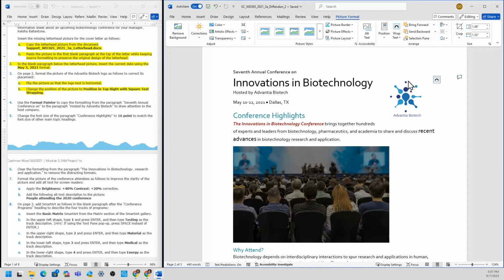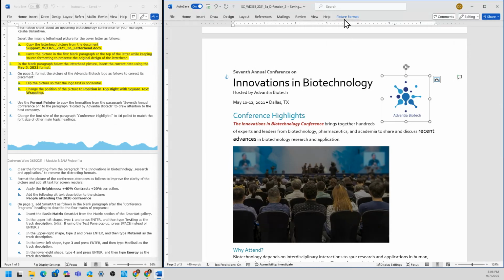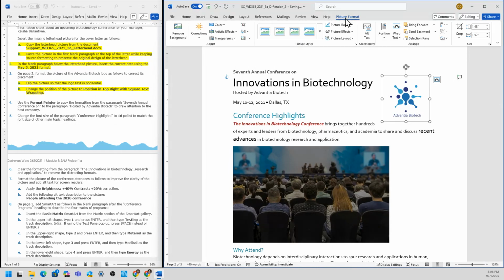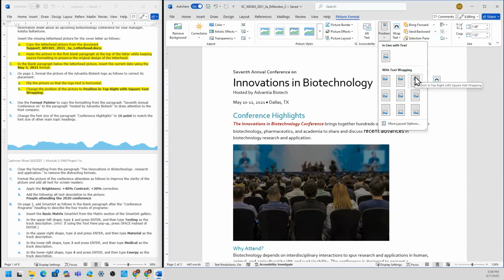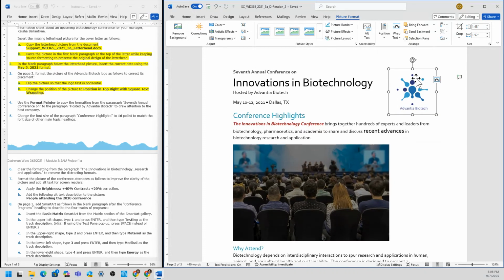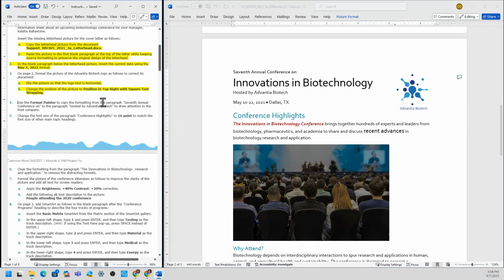Then we need to position it to top right with square text wrapping. Select the picture again, select Picture Format, and choose Position in Top Right with Square Text Wrapping. Select that icon, and that should be correct.